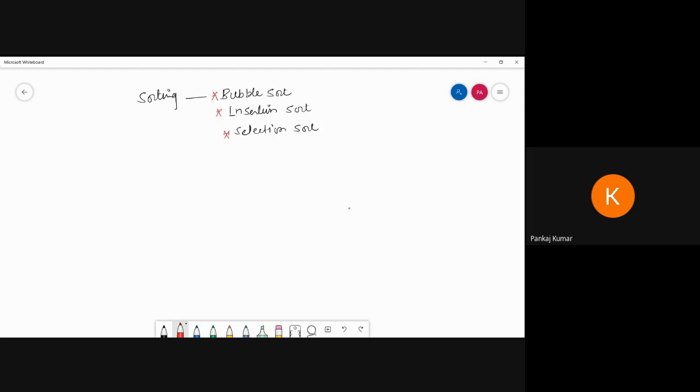These three algorithms, that means the three concepts, bubble sort, insertion sort, and selection sort, all sort from ascending order to descending order. But why would I use insertion sort instead of bubble sort, or selection sort instead of insertion sort? Because of time complexity, and because these algorithms are flexible with some data types. Suppose your data is very large, then we can go for insertion sort; that is very easy. If your data is very large, this is not working.